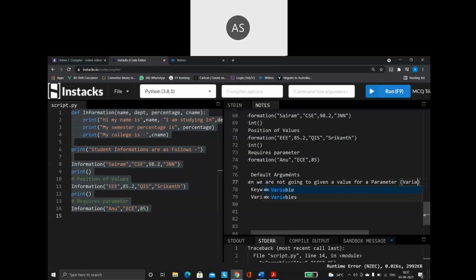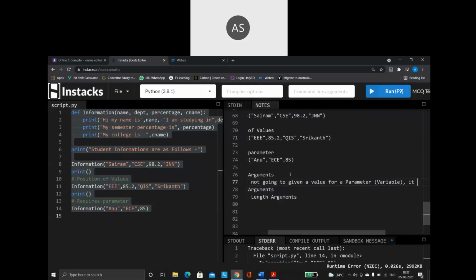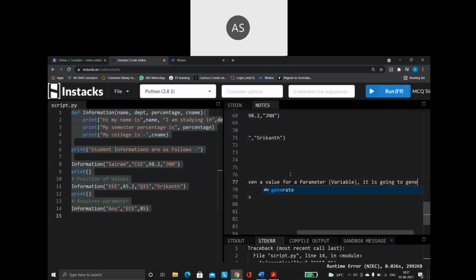Nothing but a variable. It is going to generate an error. This we already saw. The last example was telling you this only. It is going to generate an error.